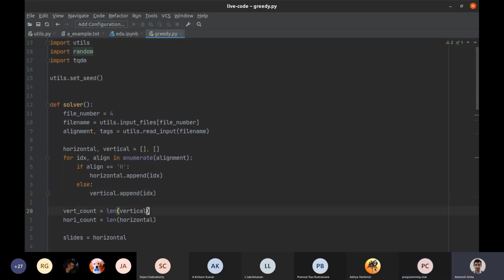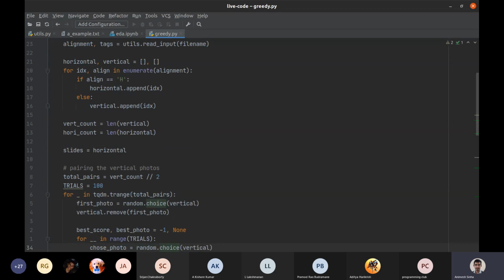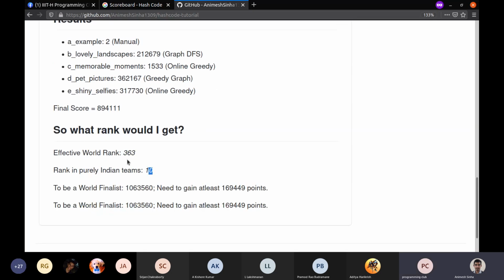The first time we did this, with a slightly larger number of trials, it ended us up with a global rank of somewhere near 700 something, and a national rank of 50. If you are a little bit smarter about this, if you look at our GitHub notebook, you can end up with something close to a national rank of 10 and a world rank of 363, I guess, for our GitHub repo. So you get really good scores just out of these greedies.